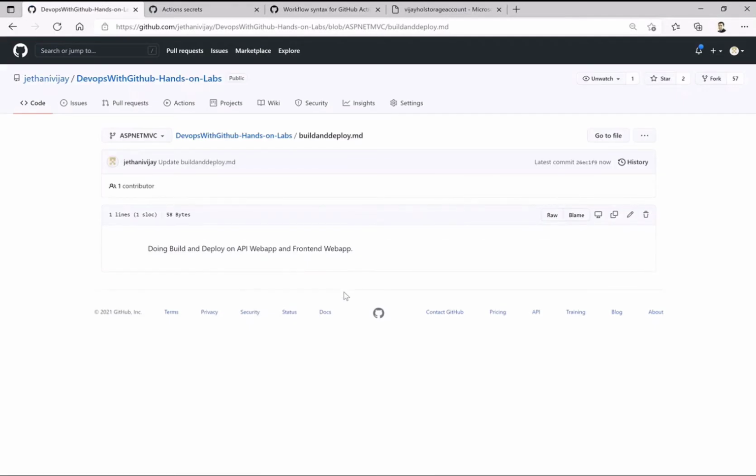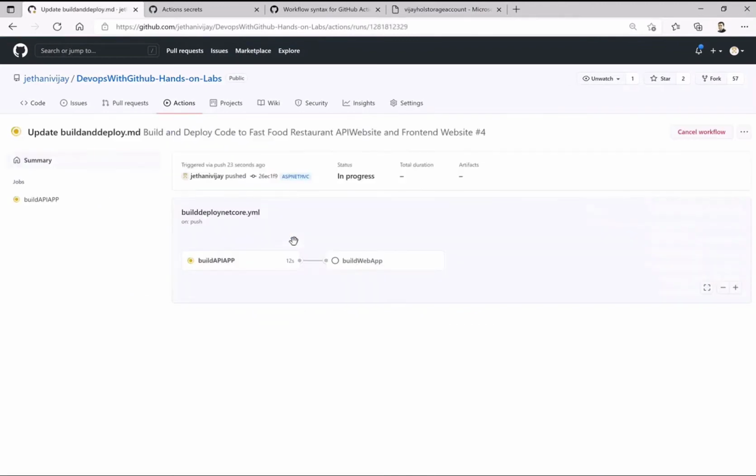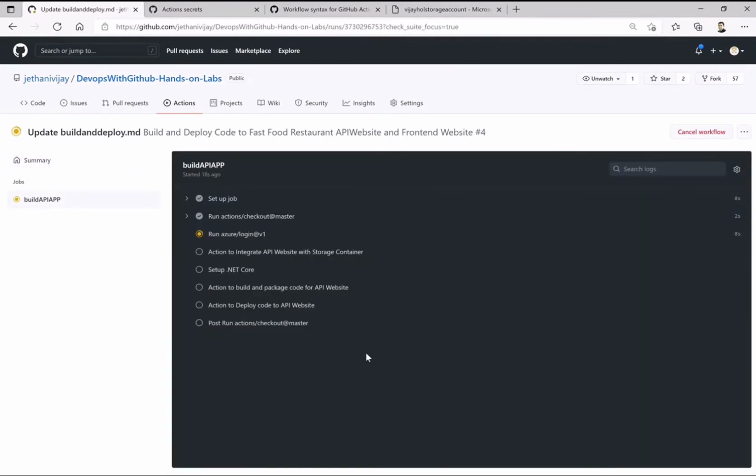While you practice this, your workflow can fail a number of times, so don't worry about that. Just read through the errors and try to fix them. You will come through slowly as you get hands-on with your actions. I think that is a learning part for all of us, and we have all gone through that. So be patient while you do these kinds of workflows.